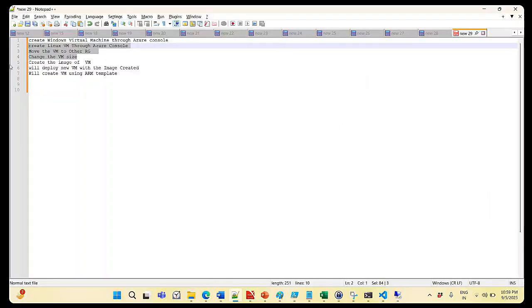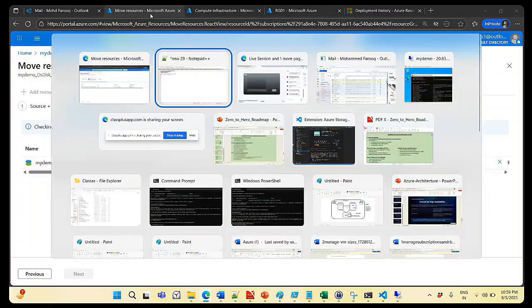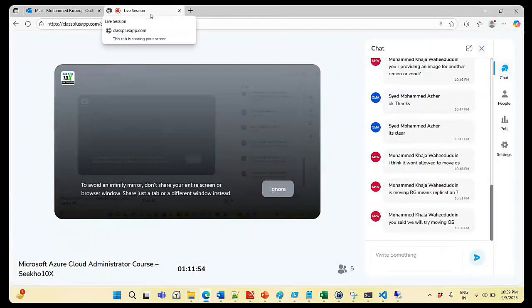So we already did that. Now they want to demonstrate an OS disk also. We are not moving an operating system. We are trying to move the disk, the operating system disk, your C drive,